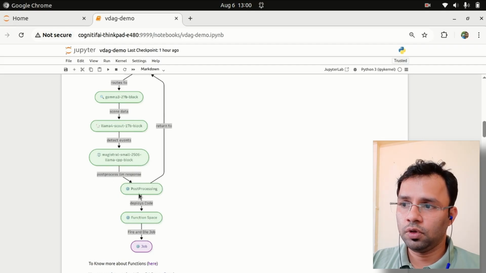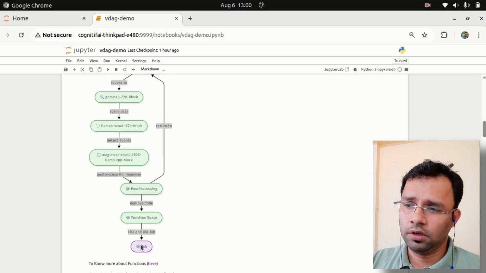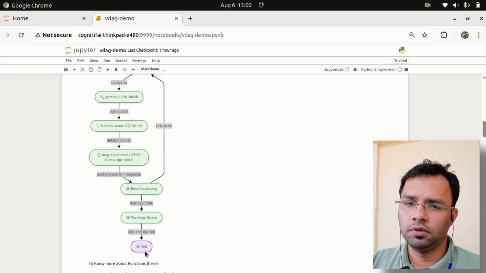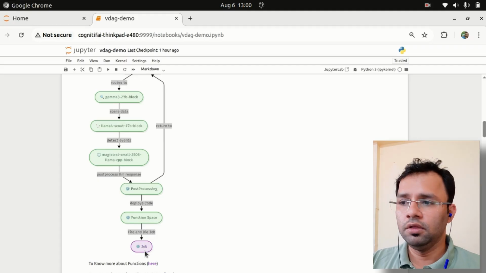So that post-processing logic basically passes the output of the Magistral block, and then it deploys the code generated by the Magistral block into the function space of AIOS v1. In this function space, we are deploying a job, which is a fire and die kind of job. What it does is push something to a third-party endpoint. Right now I have a third-party dummy endpoint which just receives the input and is not doing anything else. So that fire and die kind of job will be deployed, and